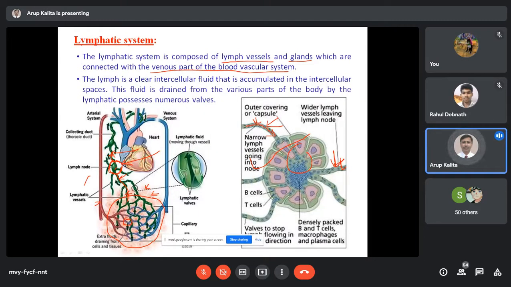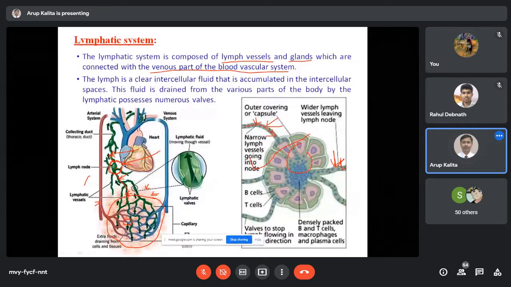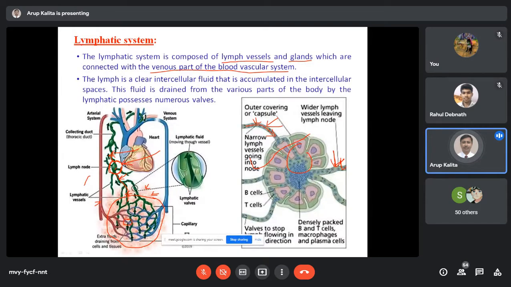So during the lymph flow, now here you see some cells. These cells are nothing but the T and B lymphocytes. The T and B lymphocytes are mainly present inside the lymph node. Now when the lymph comes here, the number of T and B cells in the afferent lymphatic vessels will be less. But when the lymph goes out from this lymphatic vessel, some of the T and B lymphocytes that are present inside the lymph node will come to the lymphatic vessels, and here the concentration of lymphocytes will be more.